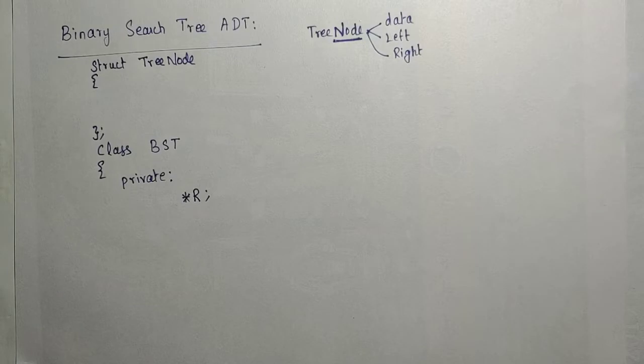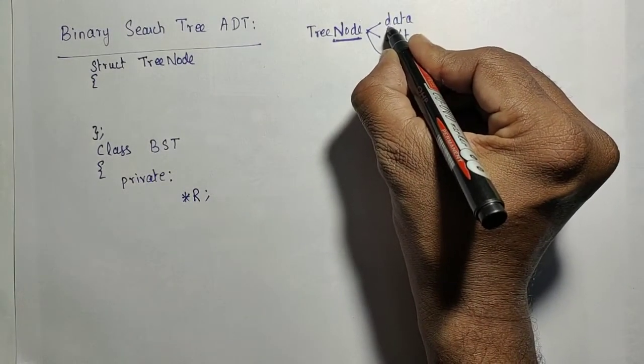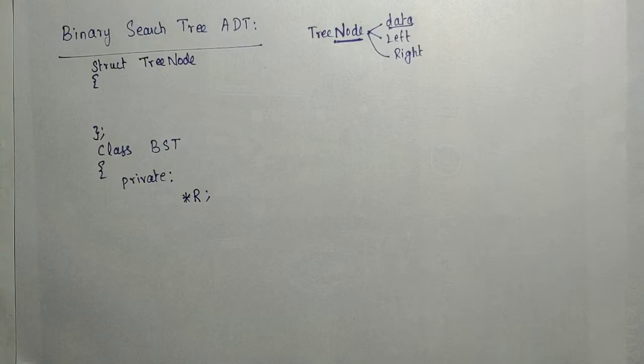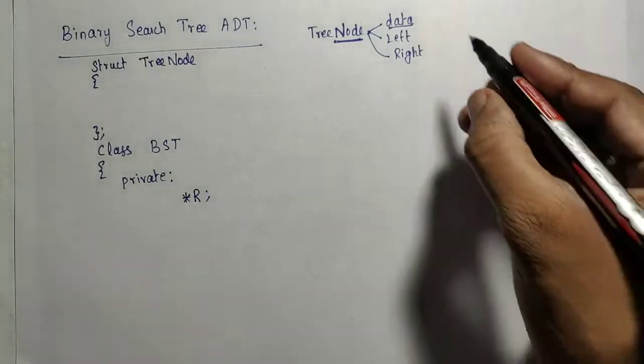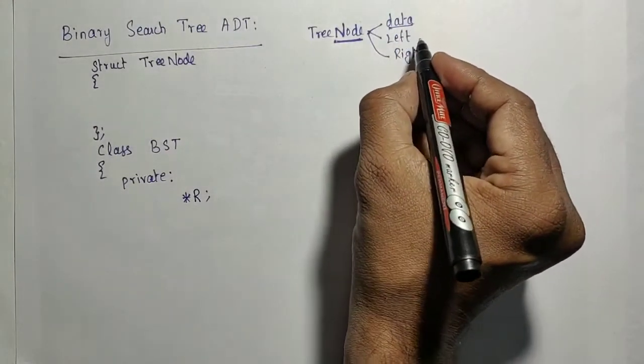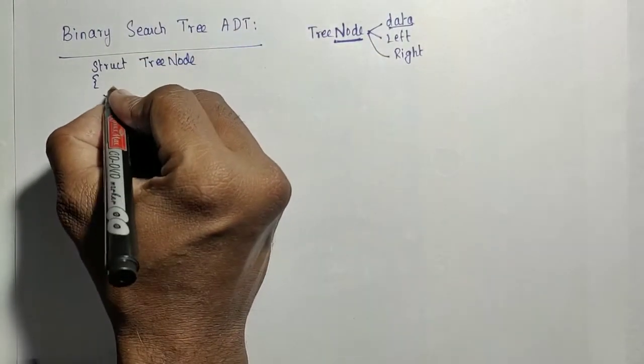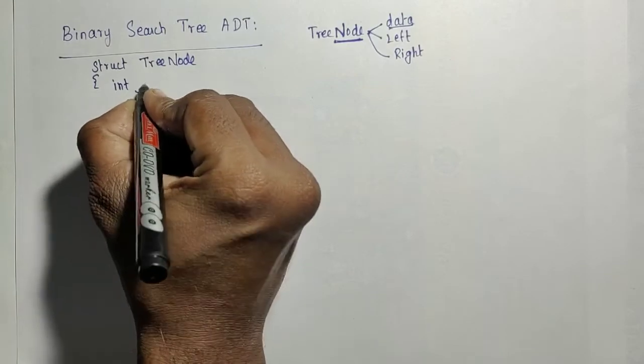But that binary search tree will be used for similar kind of data. Like that you have to design it. So the data, we need to specify the type of the data. Here, for simplicity, we are going to use only the integer type. So I'm going to construct the binary search tree only for storing integer elements. So I need to mention this as int data.